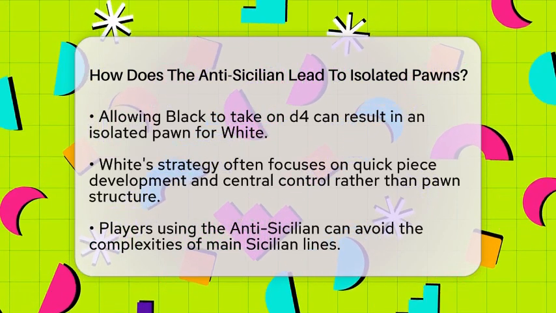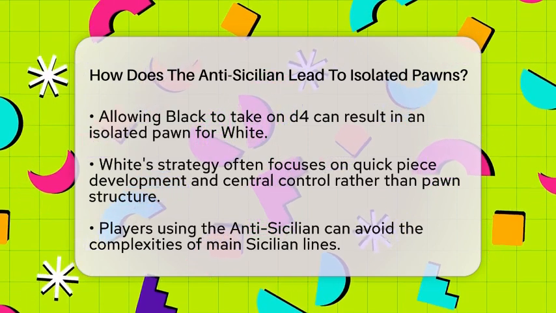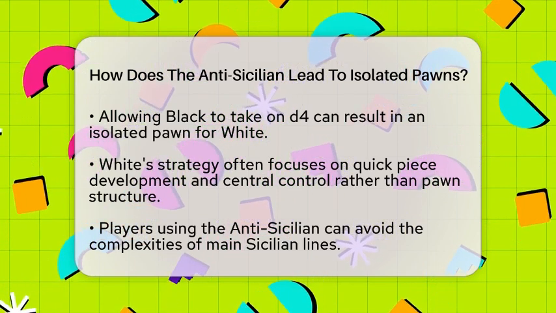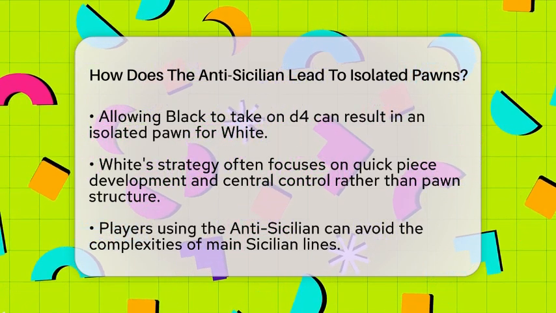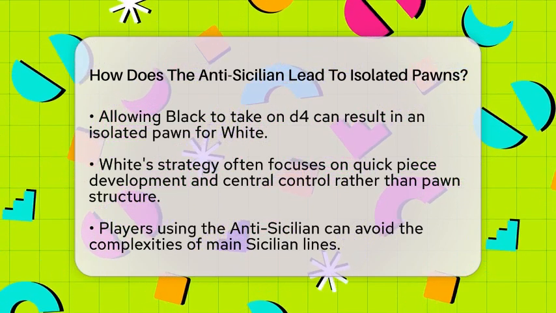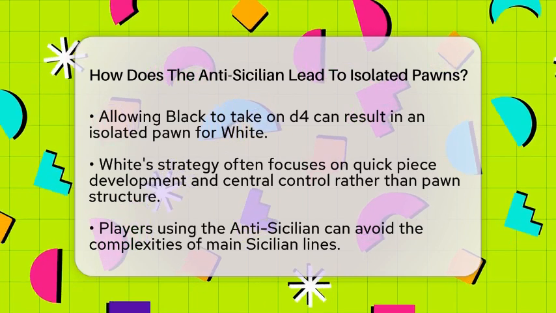A more common situation arises when White allows Black to take on d4, resulting in an isolated pawn for White. This can happen when White focuses on quick development and central control with pieces instead of pawns. The idea is to use bishops and other pieces to put pressure on Black's position, compensating for the potential weakness